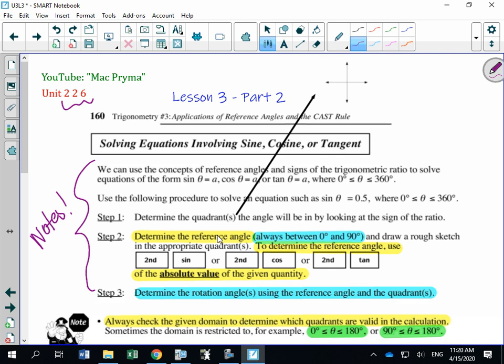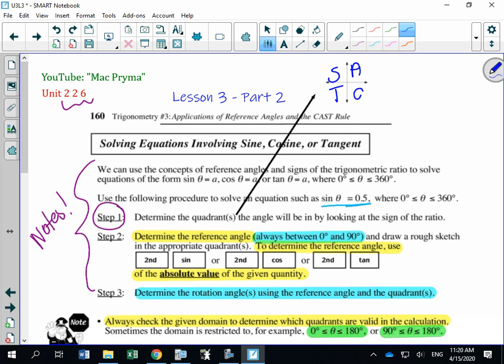What we're going to be dealing with in this lesson, again, is the CAST rule. So step 1 in all of these questions says determine the quadrants the angle will be in by looking at the sine of the ratio. For example, if they gave me sine of theta is 0.5 and asked what quadrants I could possibly be in, you would say, okay, according to my CAST rule,